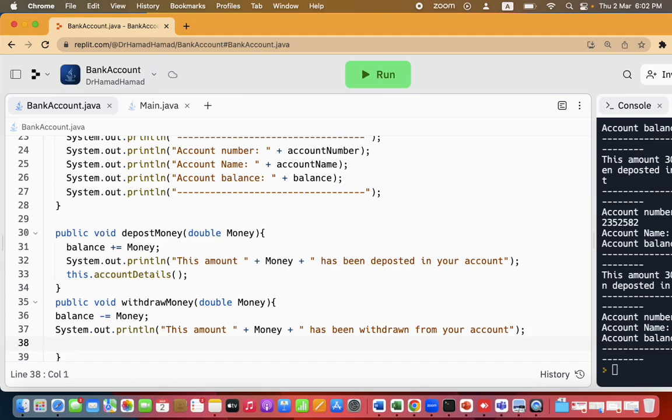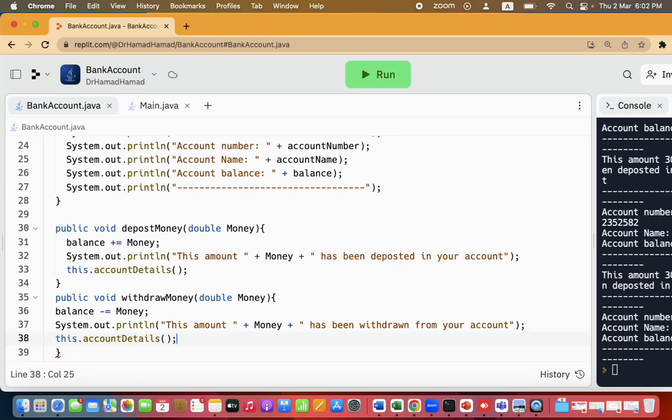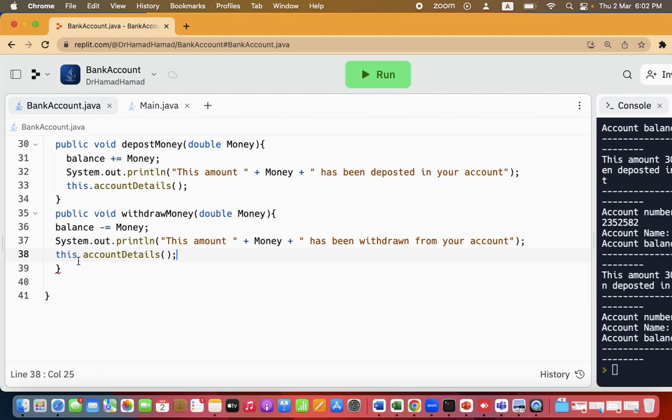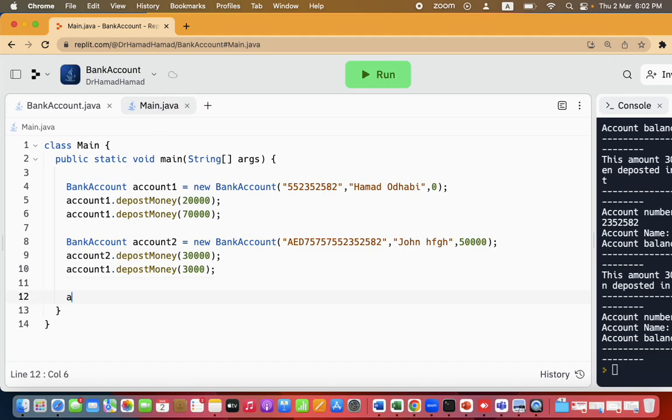Now we will call that function, this dot account details, open close bracket. Now this function is created and it should show the void withdraw money, introduce money and then print. That's done. Now we need to go to the main class and say now account